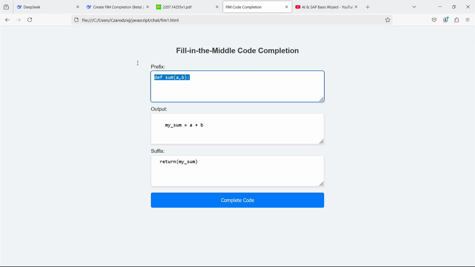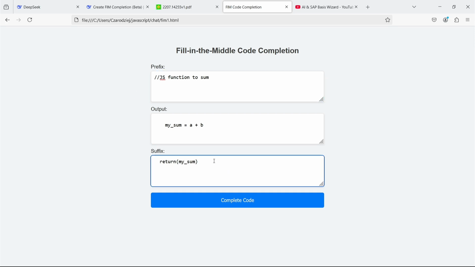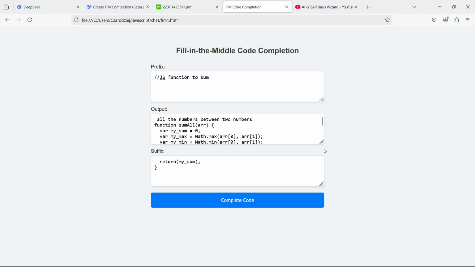Let's see how it handles JavaScript. I'm adding a comment that typically appears above the function. I will change the suffix only slightly, so that the return statement meets JavaScript syntax. So I added a semicolon and a closing brace. The outcome might be totally different this time because the AI doesn't actually know what I want to achieve, and is just relying on probabilities.